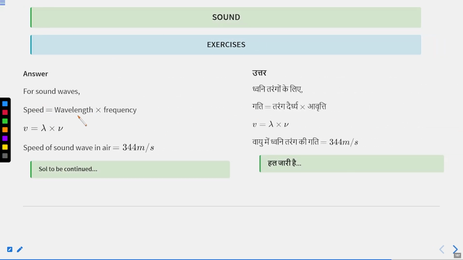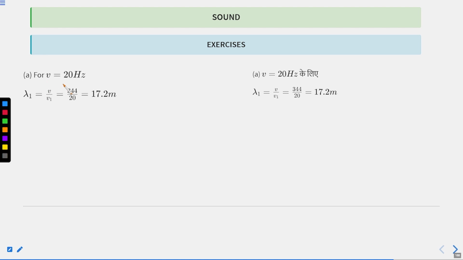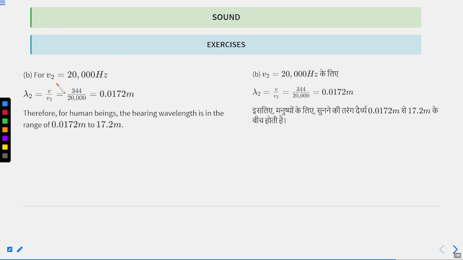For a sound wave, speed is equal to wavelength times frequency, or v = λν. It is given to us that the speed of sound in the air is 344 meter per second. For frequency 20 hertz, the wavelength λ1 will be v divided by ν. v is 344 divided by 20. Wavelength is 17.2 meters. And now for frequency number 2, which is 20,000 hertz, the wavelength will be speed divided by frequency, 344 divided by 20,000, which is equal to